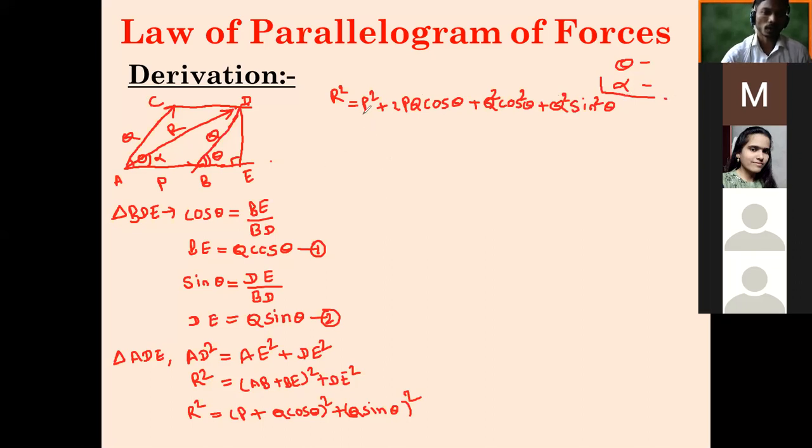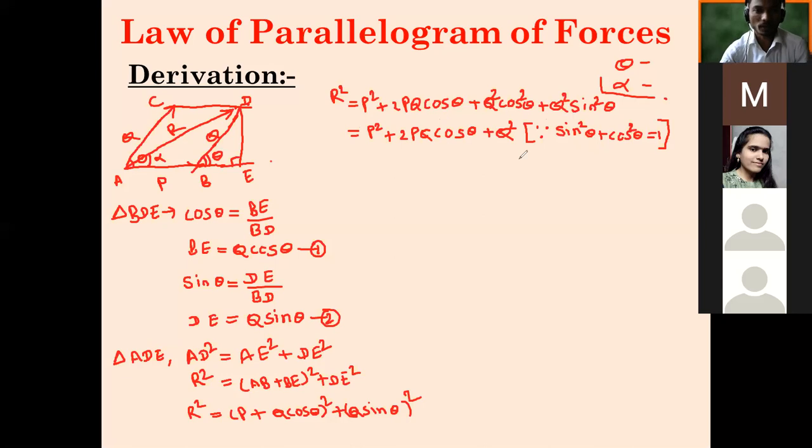So what will it become now? The last two terms, if you see carefully, take Q square common. Sin square plus cos square is equal to 1. Very good. So it becomes Q square. Shall I write directly Q square? Any problem? No, sir. Why have I written this? Because sin square theta plus cos square theta is equal to 1.